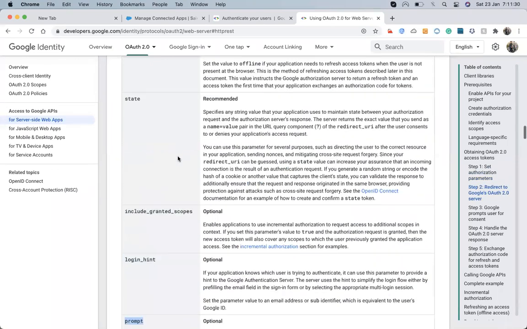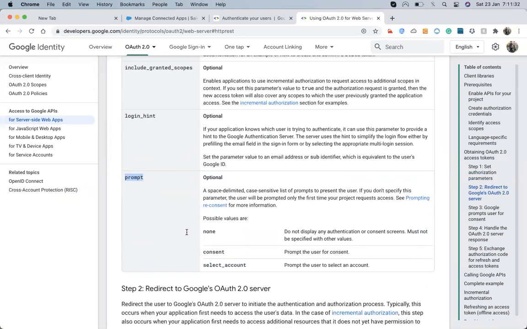These three values are optional, but prompt is usually used. Prompt is something that, whenever we go for the Google Drive authentication, prompts the user to enter their Google username and password.